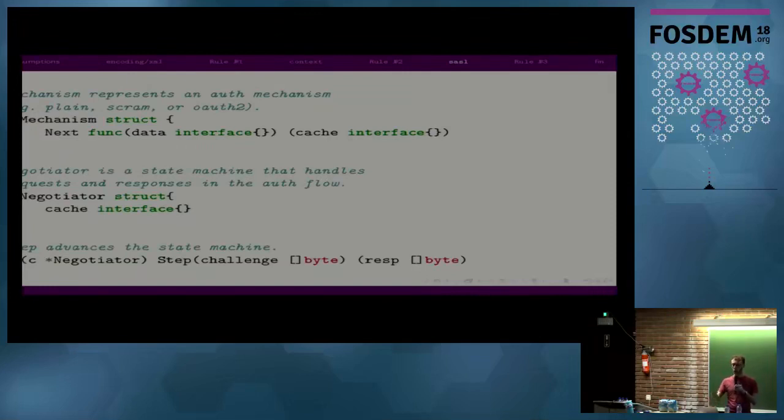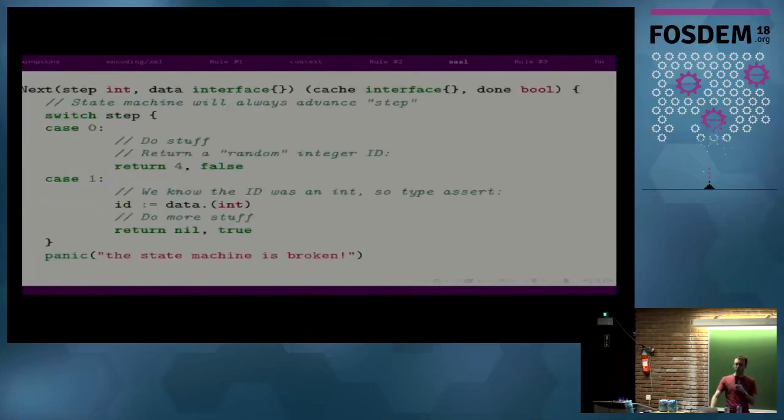This next function always puts a value into cache and is always getting it back in data. And that means that in practice, the next functions are generally always structured like this when people write these mechanisms. You end up with something like a step that checks the states. This API is not what it looks like in the actual package. It's sort of simplified, but it might check: are we in step one, step two, step three, with a switch or an if or something, put some data, in this case a randomly selected integer, into return